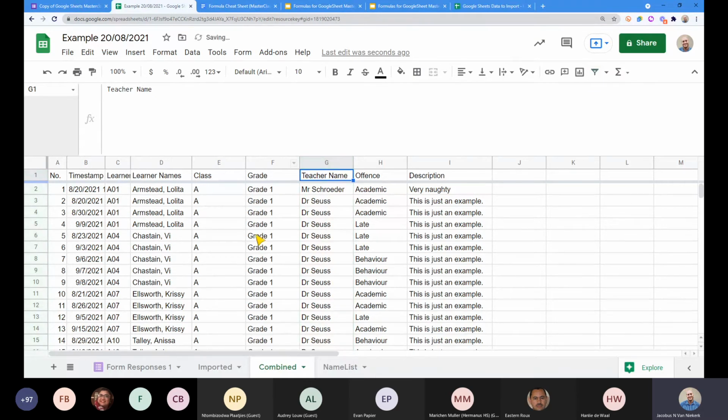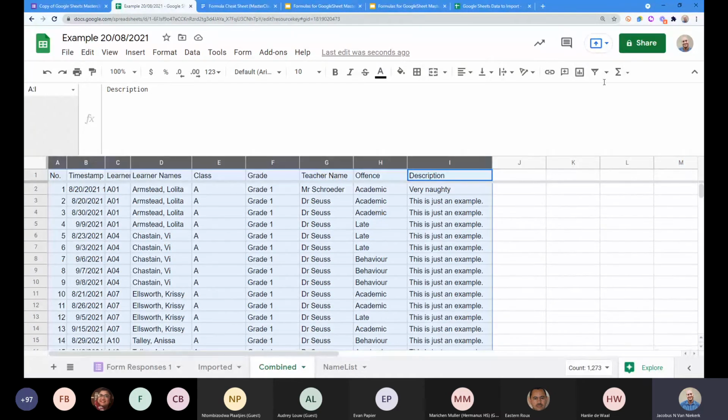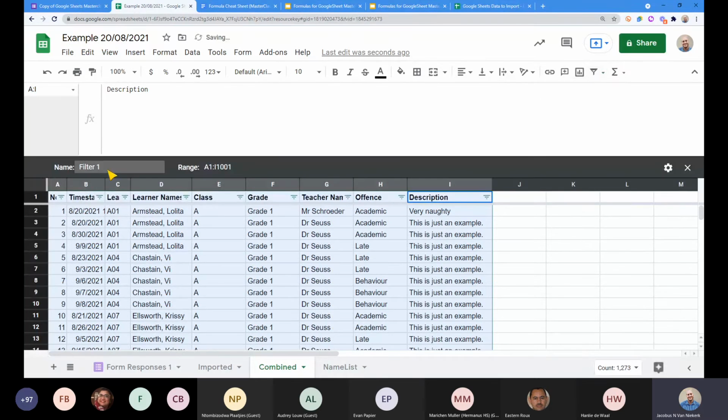Now, the one thing about these filters is it can be a bit frustrating if every time you have to go and set up a new filter when you want to do essentially the same thing. That's why, if you click on this arrow next to the filter icon, you can create a new filter view. Now, a filter view is different in that when I click that, you'll see this little gray block that is shown around. Let me just quickly zoom in there a little.